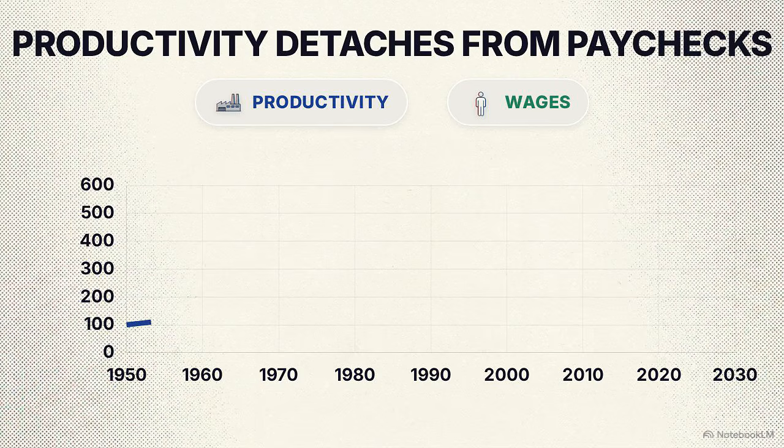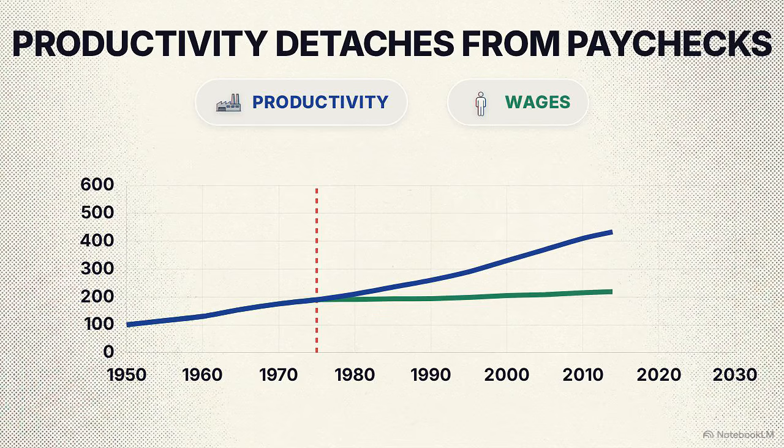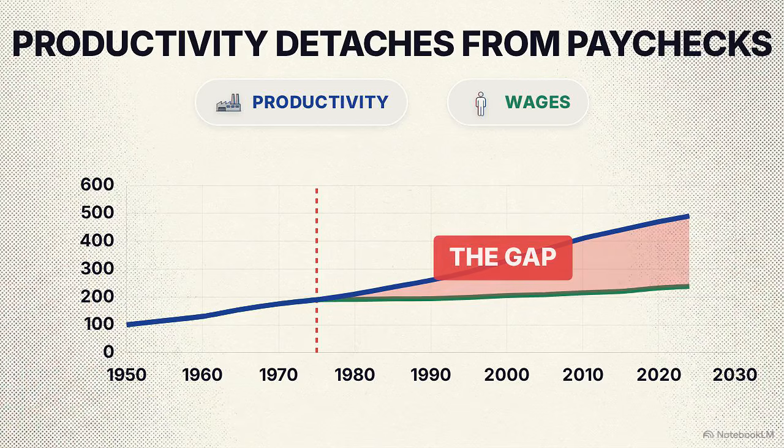For decades, American productivity and worker wages rose in perfect tandem. When the economy grew, paychecks grew. But in the mid-1970s, those two lines abruptly split apart. Productivity kept climbing, while wages flatlined. That massive, growing void between what workers produce and what they are paid represents trillions of dollars. Instead of going into the pockets of the middle class, that wealth was systematically redirected to the top 1% of